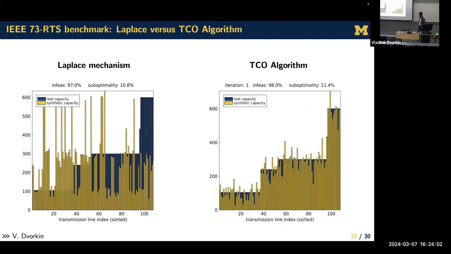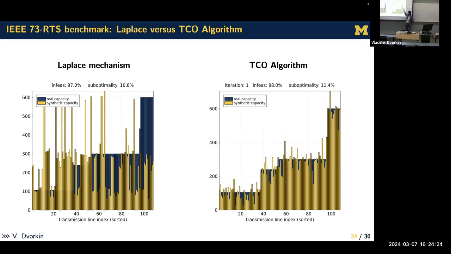We also guarantee privacy. And this is a result, basically. What we're doing on the left is a Laplace mechanism. These blue bars show you the sorted real transmission line capacities, and the maze bars show you outcomes of a standard Laplace perturbation. The one on the right uses pretty much the same noise as in Laplace perturbation, but it also post-processes